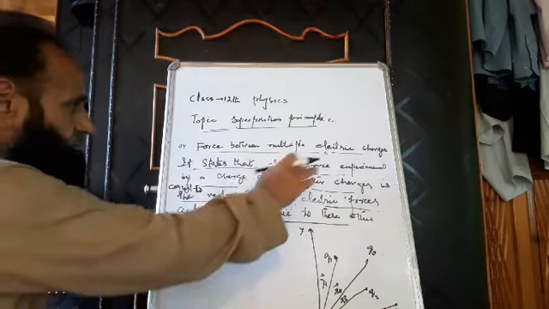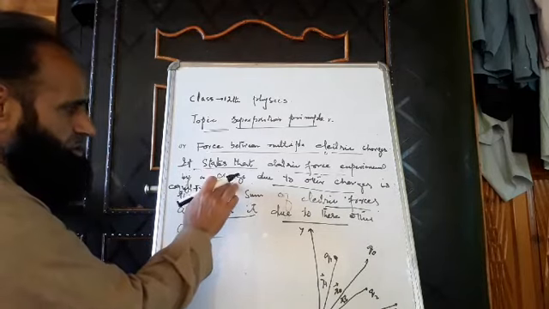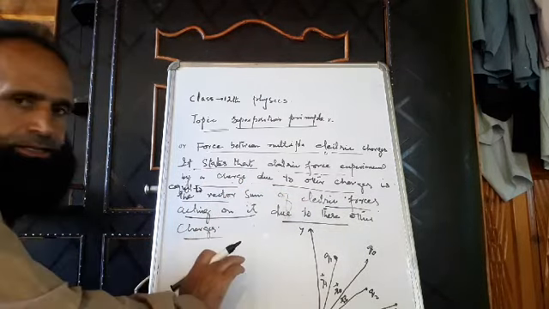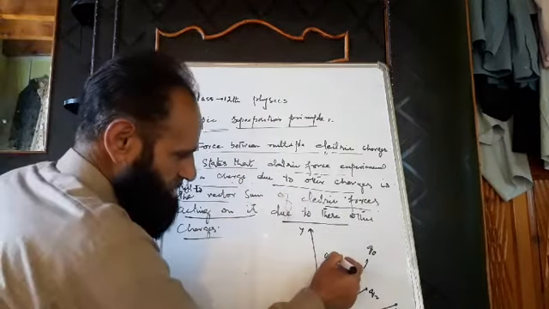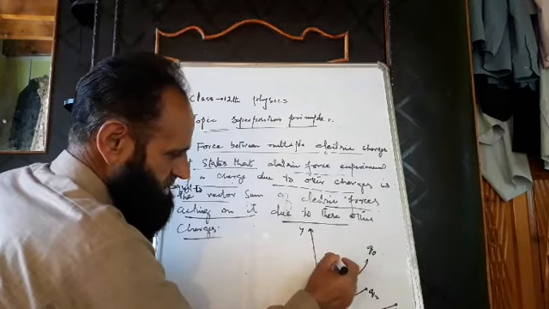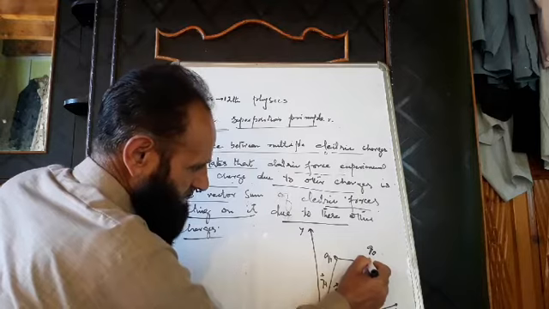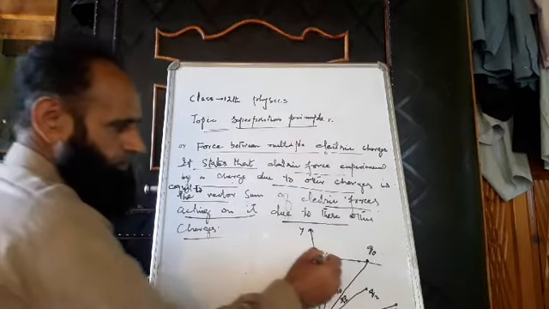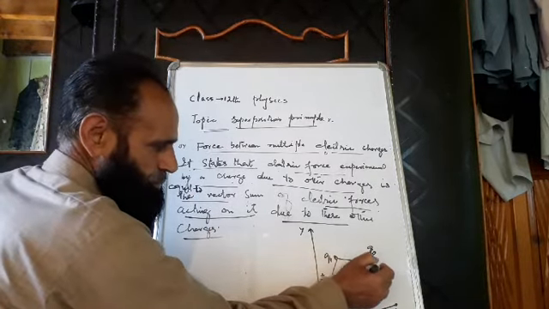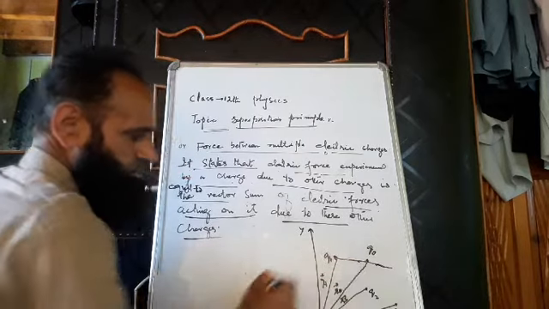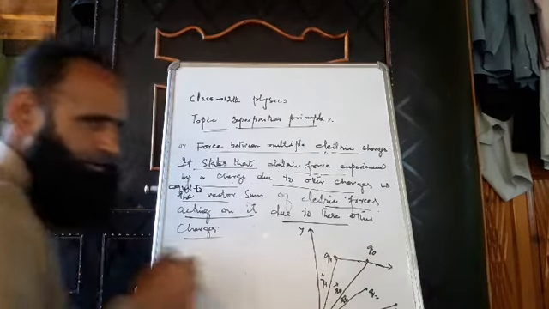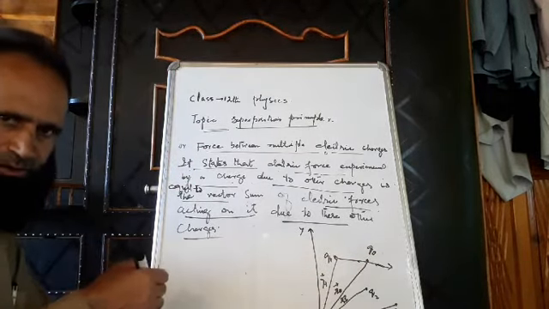The electric force experienced by a charge due to other charges: these other charges exert an electrostatic force on this charge. Q1 exerts a force on this Q0, which we show as